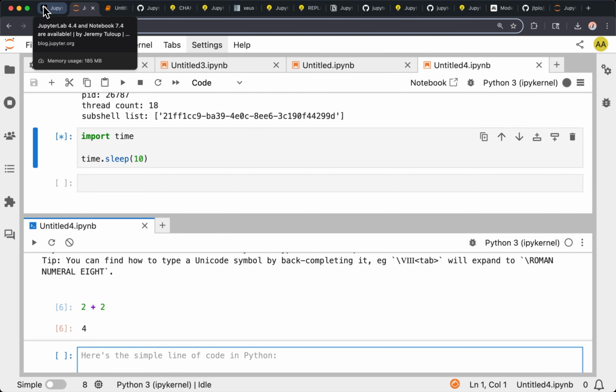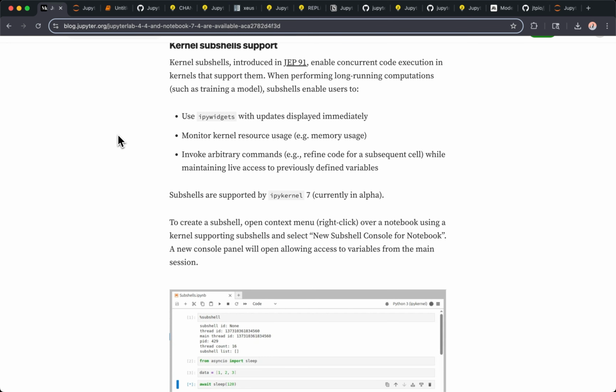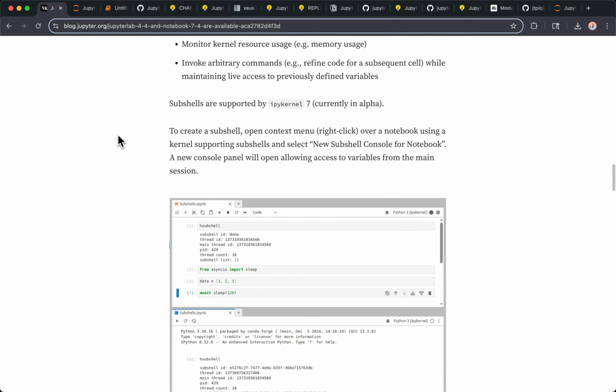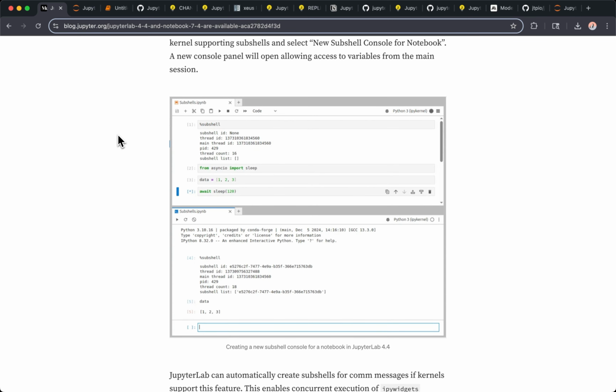There are other use cases, like using it with IPyWidgets. If you have sliders on your UI and they trigger some computation, you don't want that computation to block execution of other cells, so you can run that in a subshell instead. Another use case is getting the variable explorer to get all of your variables while you're still working on your notebook, so that doesn't have to block again. It's more like a feature that still needs extensions and also JupyterLab to integrate with.